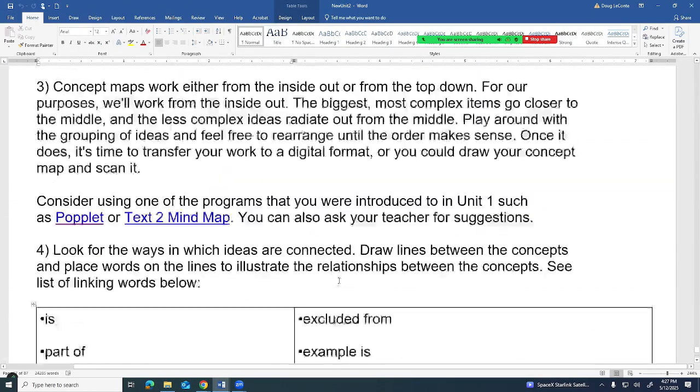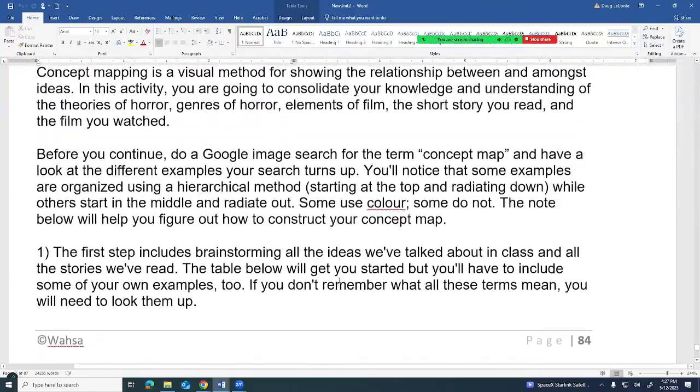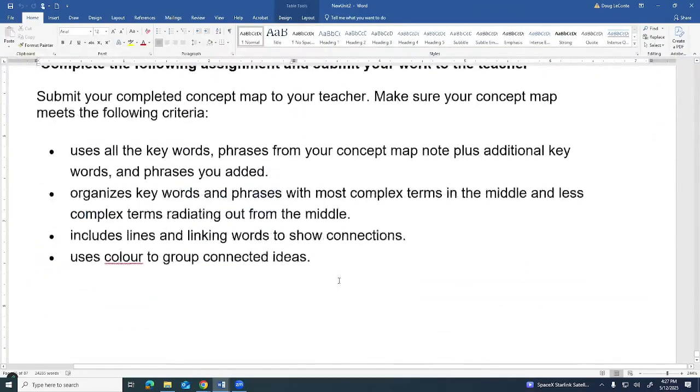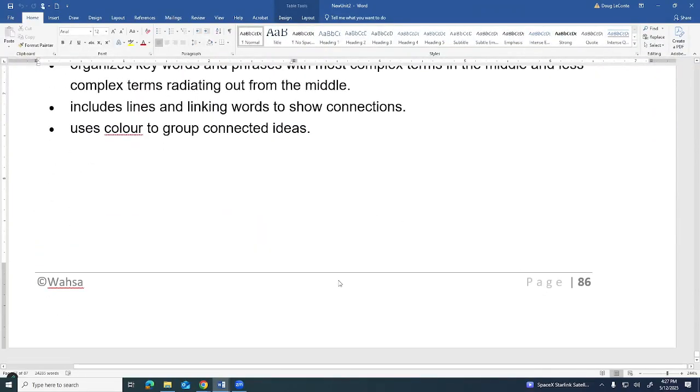Okay, so that is the end of Unit 2, and the reason for the concept map is to try to put together all of our learning and organize it into what some people call a gestalt. That's another psychological term, but it helps you organize ideas that you come across in the world outside of us and helps you organize them into your brain